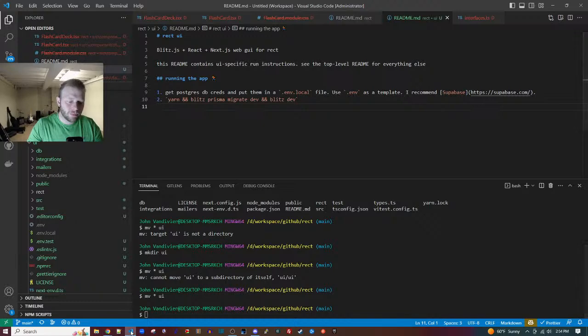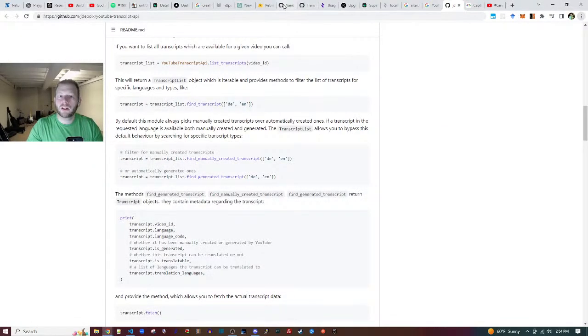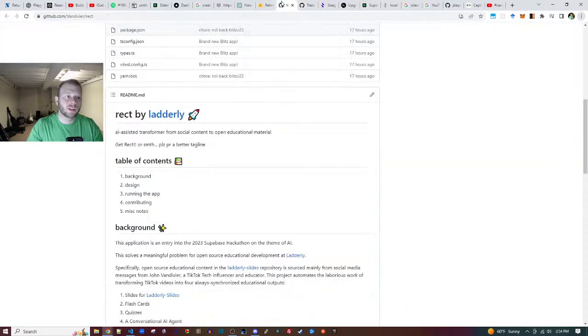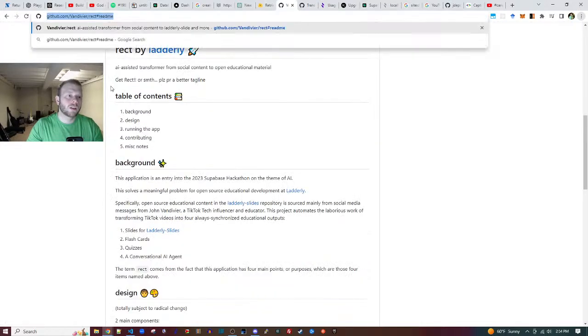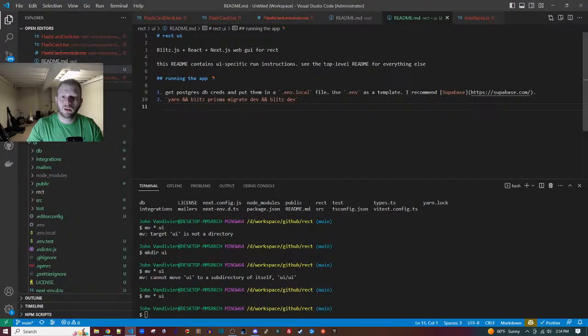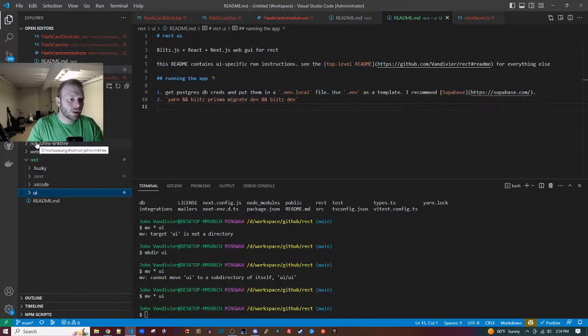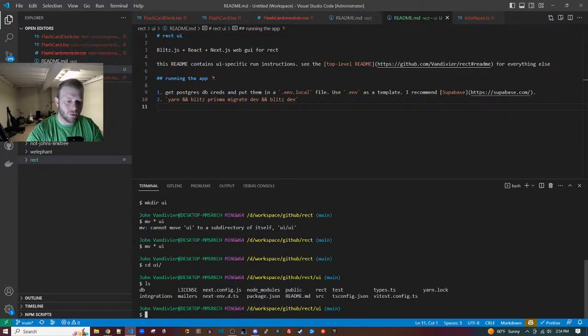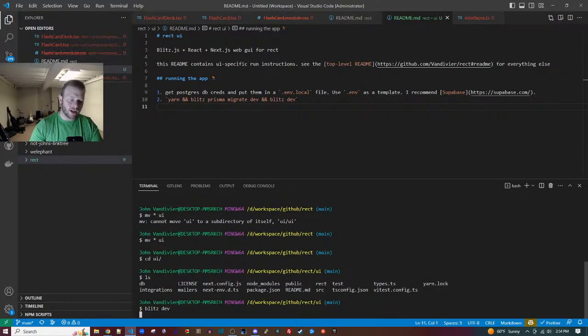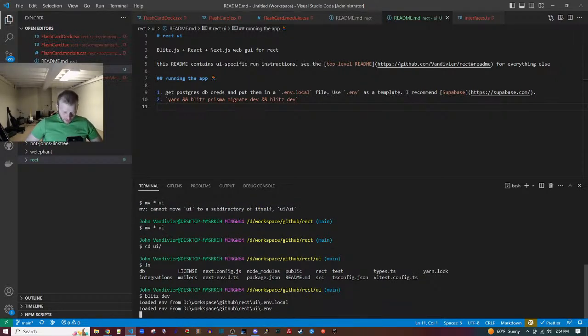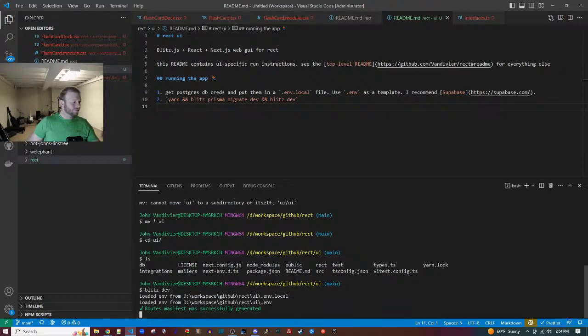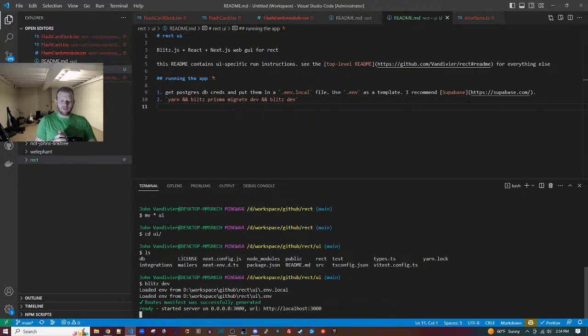So here's the React UI. And then let's get a link to the main README. Let's quickly make sure that the UI will still work. So I'm going to blitz dev out of this UI folder. It was literally wrong, and I was able to get it to correct itself, so that's good. That's pretty funny. Reflection is great if you can get it to correct itself.